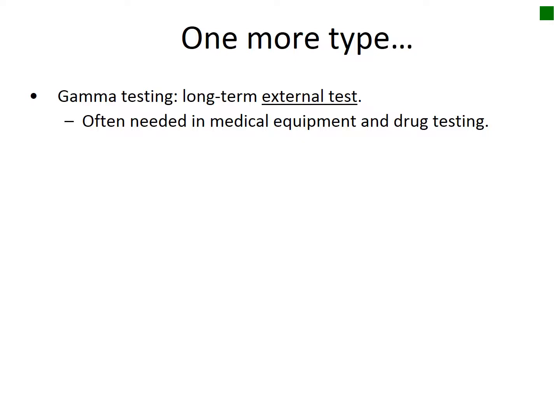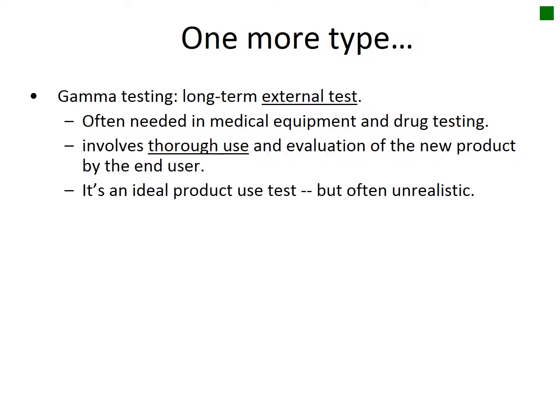It's a thorough test to reach a point in which the product won't last any longer. So it's a thorough use and evaluation of the new product. It's probably the most thorough or desirable test, but it's not particularly realistic because they take a lot of time